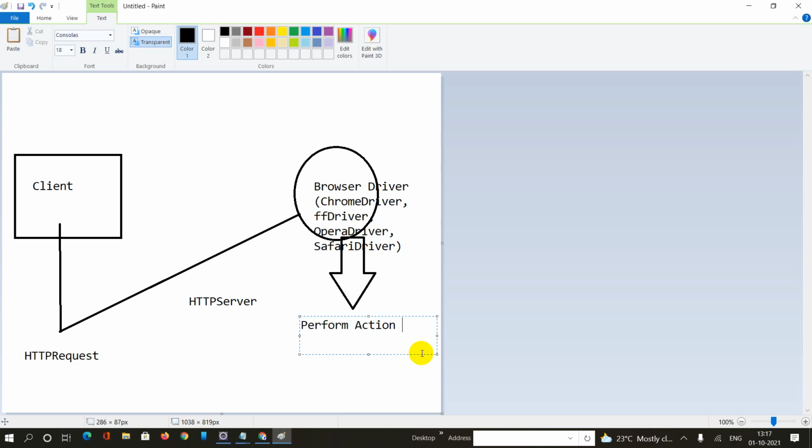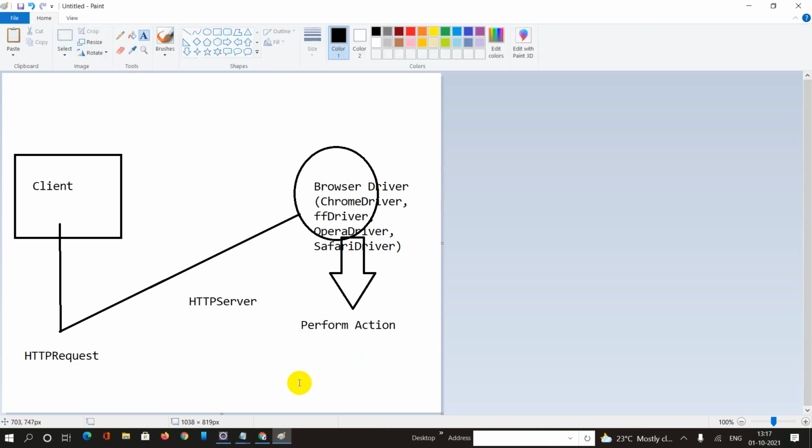So how do I use this WebDriver? As everyone knows, WebDriver is an interface, so we need to create an instance of the WebDriver specific to the browser. How am I going to create a WebDriver instance?